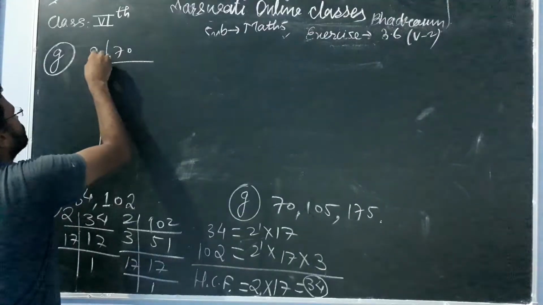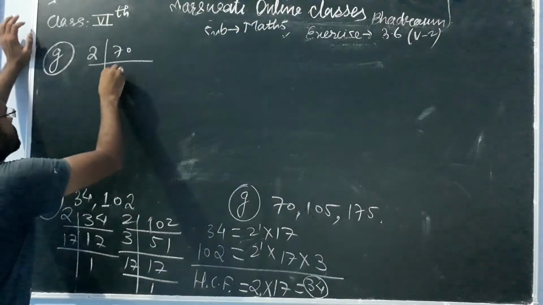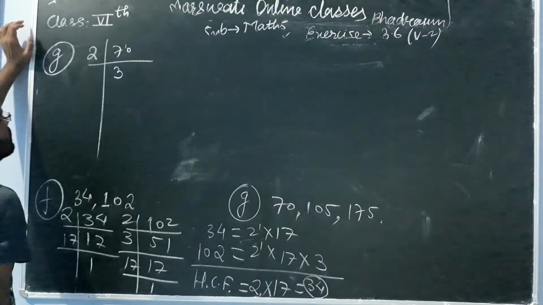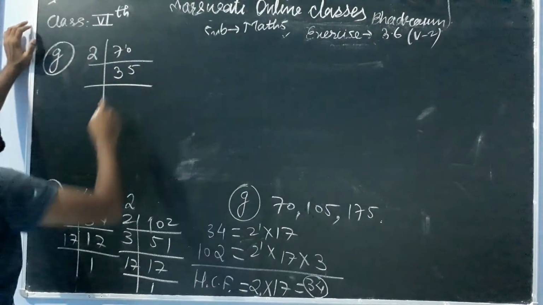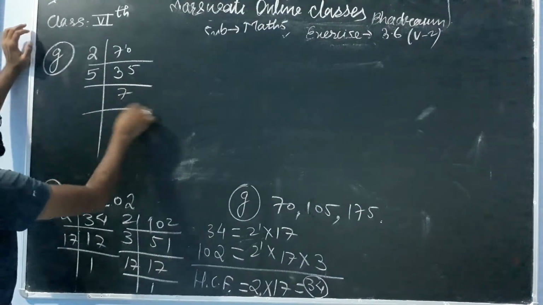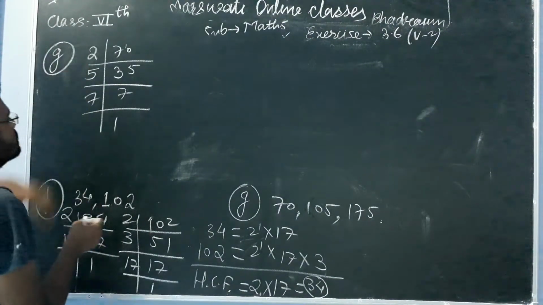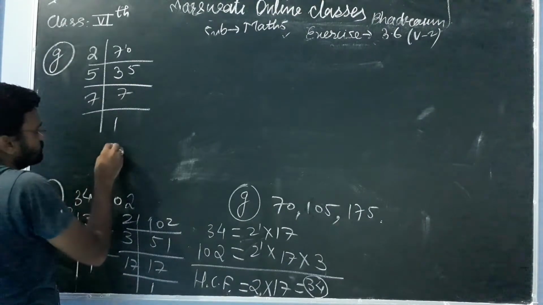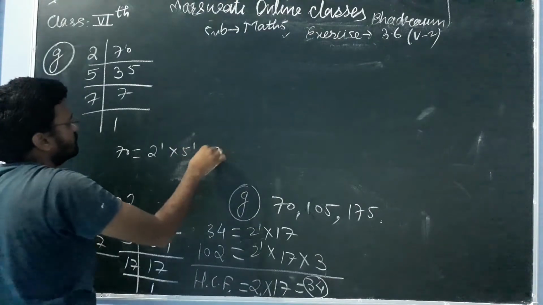So what we will get is 2, 2 3s are 6, and after that this is 1. Now this is 10, 2 5s are 10. Okay, here our unit place is 5, hence this number is divisible by 5. 5 7s are 35, 7 1s are 7. Okay, now the factorization of our 70 will be 2 to the power 1 into 5 to the power 1 into 7 to the power also 1.